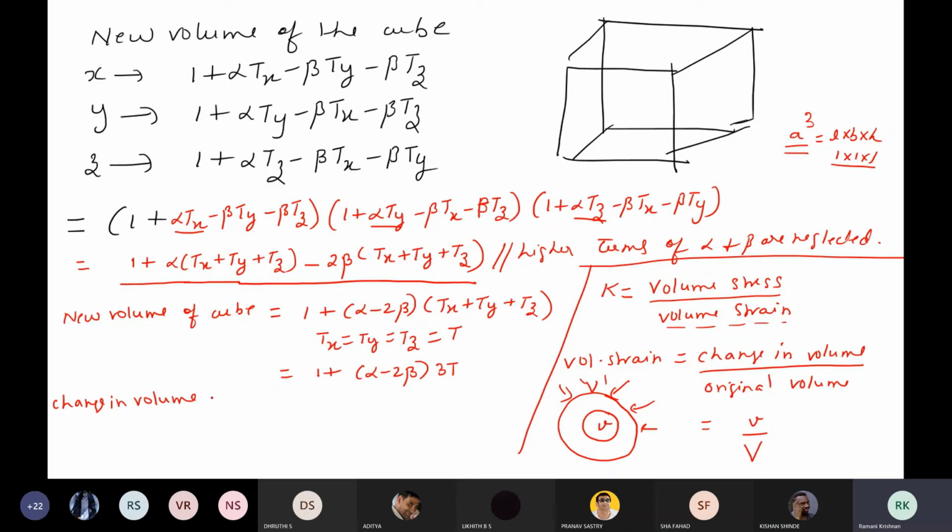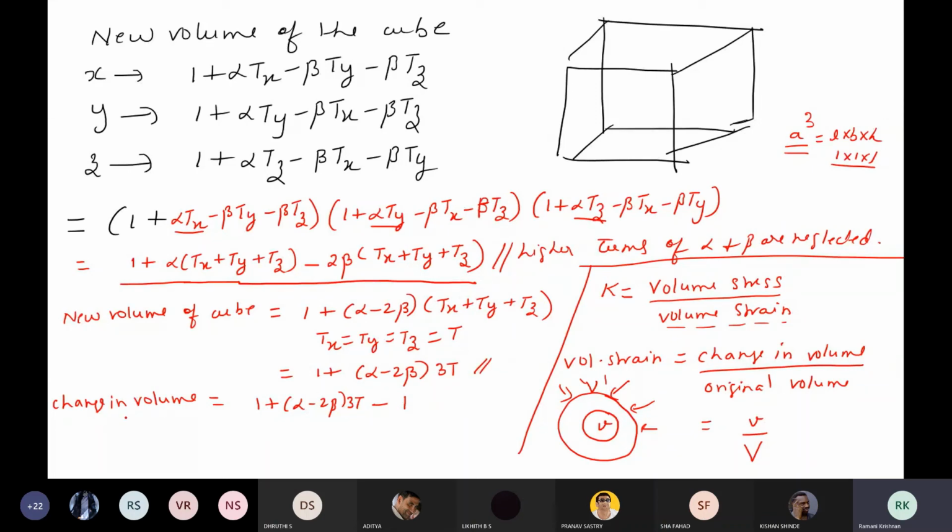What was the increased volume? So 1 plus this is the 2 beta. This is what has happened. What was the original volume? Original volume was 1, isn't it? So change in volume is new volume minus original volume. This has become more, no? It has expanded. So this we will write first minus this. Do you understand this? This is the new volume.